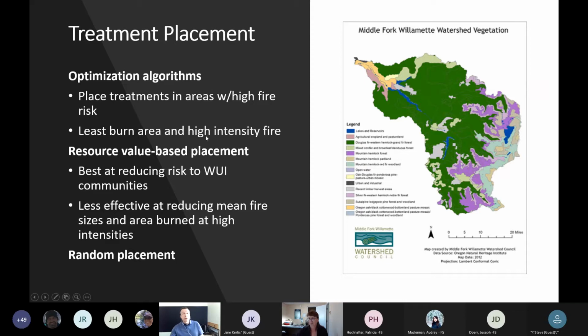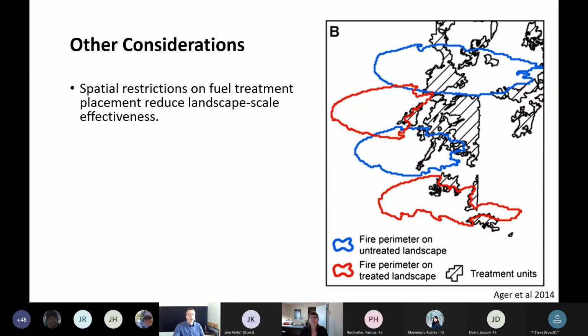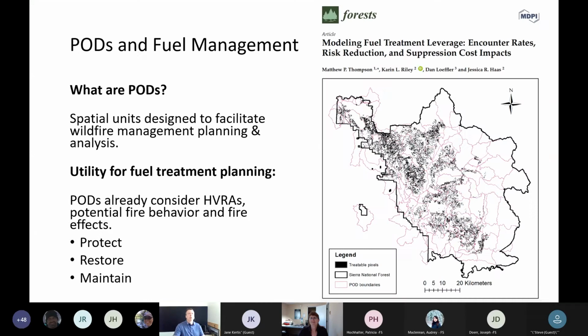But deterministic fuel treatment placement based on specific resource values tends to be most effective at reducing risk to those specific resources, such as communities in the WUI. And then our least effective option is basically randomized placement of treatments across the landscape. I think I'm running a little long, so I'm going to skip through this slide real quick and just finish